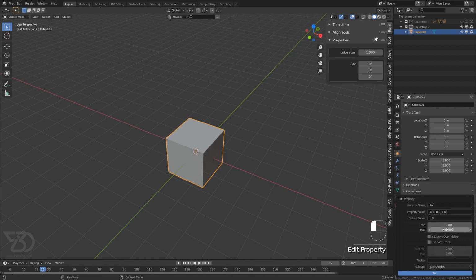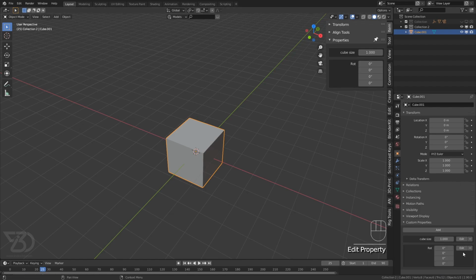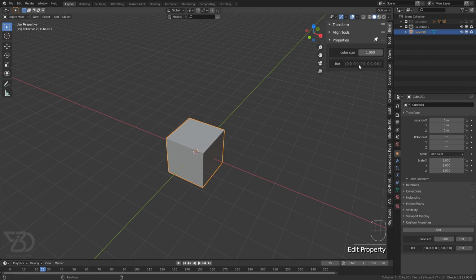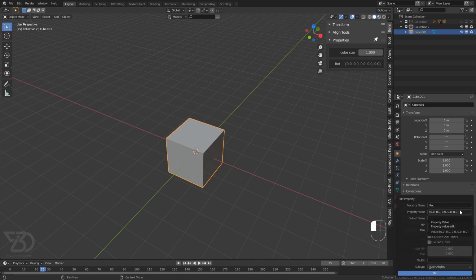So the maximum number of values we can create is 4. We cannot create more than 4. I don't know why, but this is the last. So if we try to add one more and then one more and then one more, we have in total 4. But if we try to add one more over here, all we have to do is type a comma and 0.0, and see, this will turn into this random stuff. So we can create a maximum of 4 and a minimum of 1.